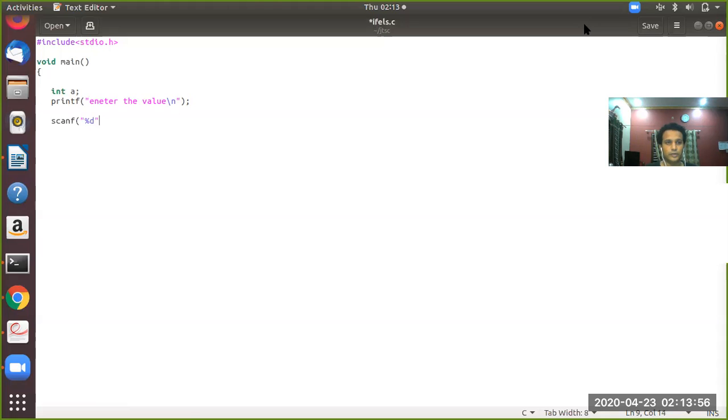Scanf %d and scan it in the address of the variable a. Now close this. Now you have to check if a is equal to 2.